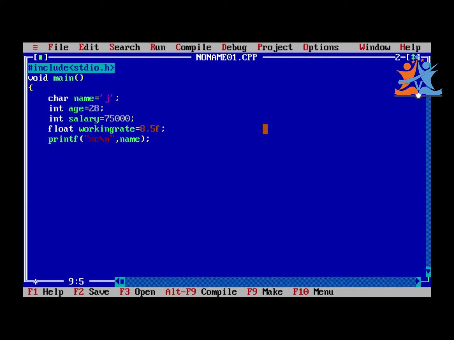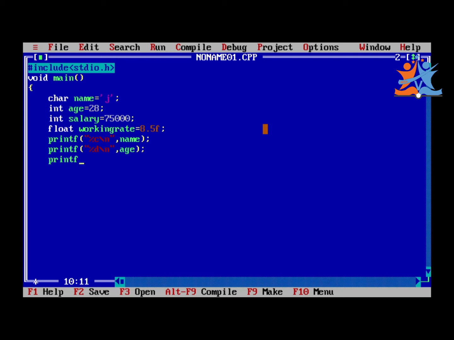We will discuss. Printf percentile d, indicated for int, slash n, of age we need to take.